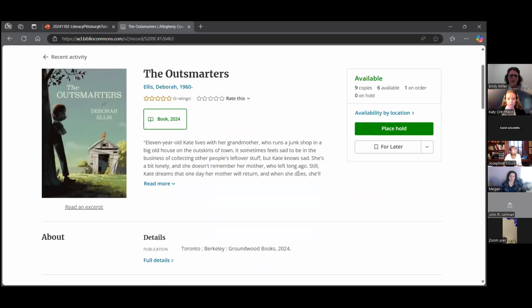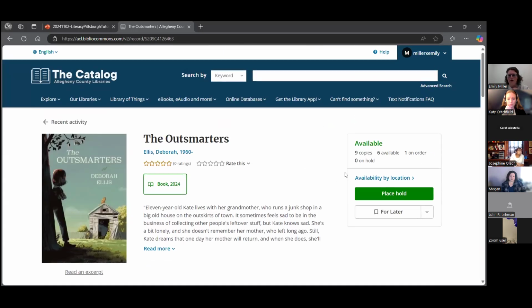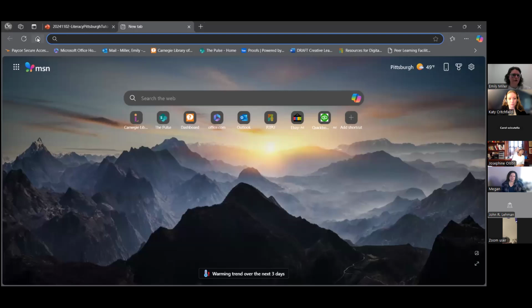I can see that it's a book. I can see all of the details of it. If there were ebook options on Libby, I could take a look at those here as well. And actually, that said, I'm going to move on to showing Libby and Hoopla. So I'm going to click out of this and I'm going to go back to the library homepage,